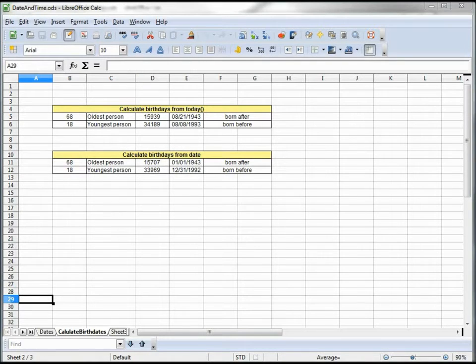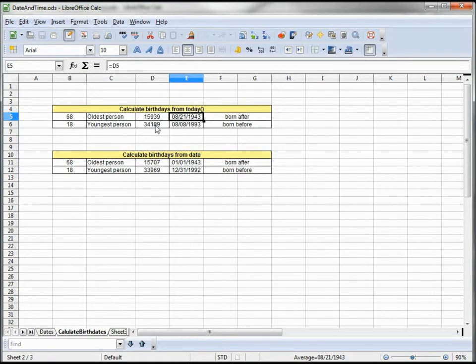I've decided that the youngest person that works for us should be 18 years old and the oldest 68. Now, we know that we need a date range, and how to calculate that is the number of days since 1900. So to get our first range, we're going to take today minus 68 times 365 to get the birth date of the oldest person, and then I reformatted that to show that it'd be